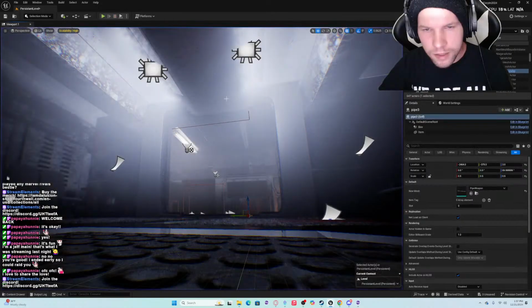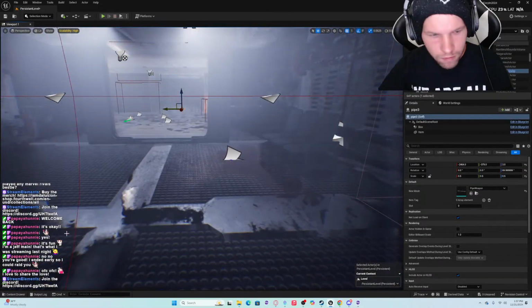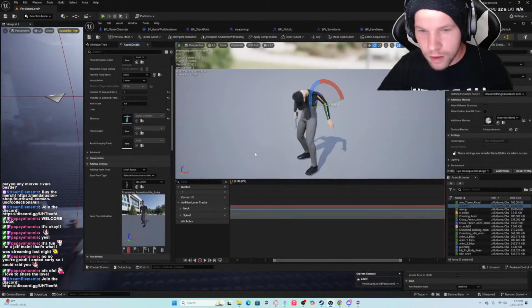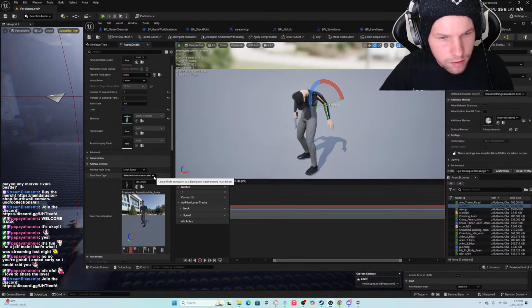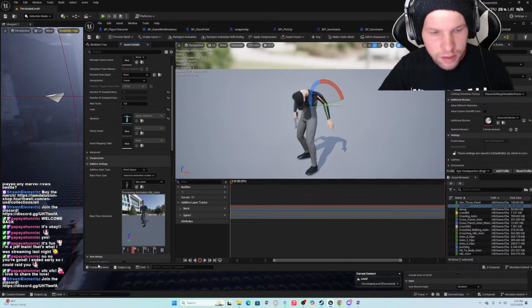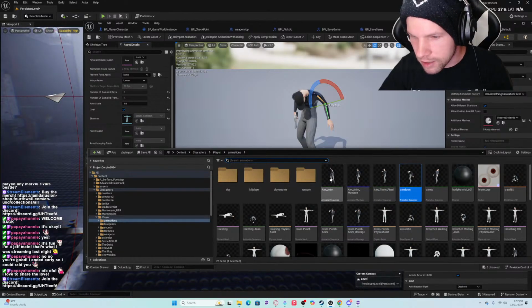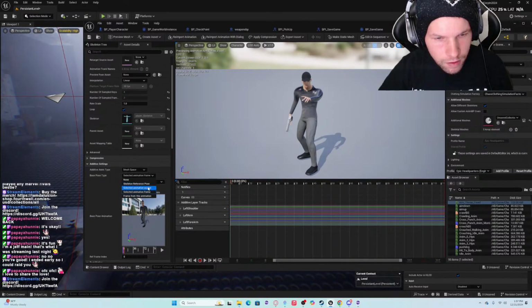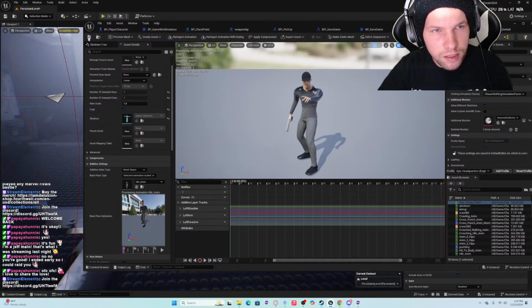I don't know why it's doing that. Let's see, what's this? Selected animation scaled. Okay, that's probably where we're... So we want selected animation scaled.